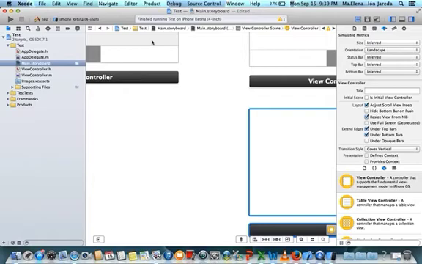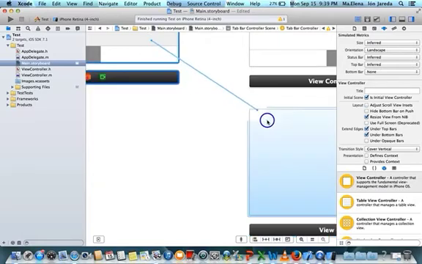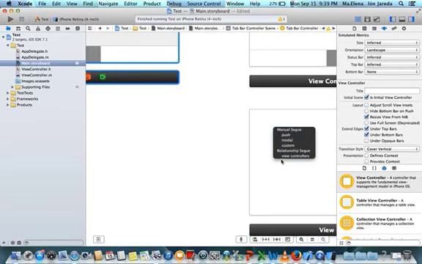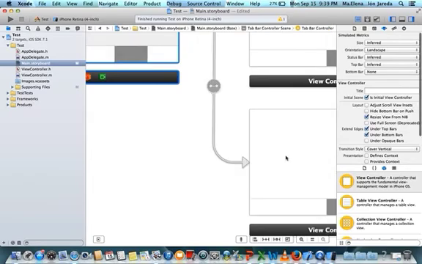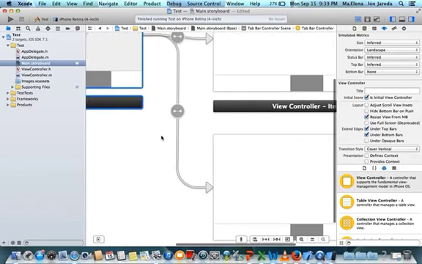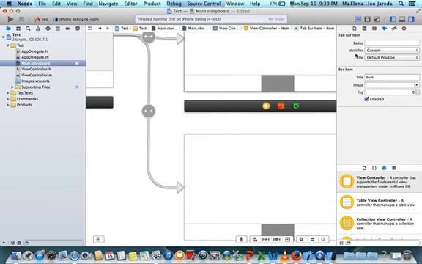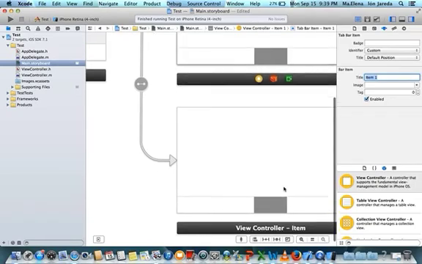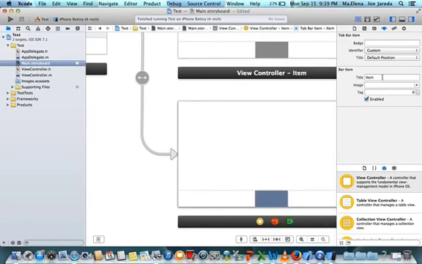And remember, you can connect view controllers with control drag, and you can have here, for example, item 1, item 2. Now if you had images for the tab bar icons, you could place them here, and then when you run your application,